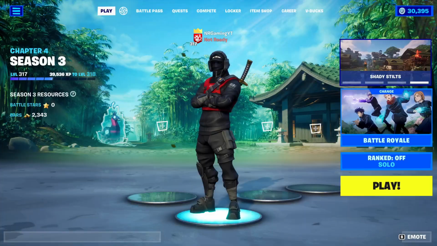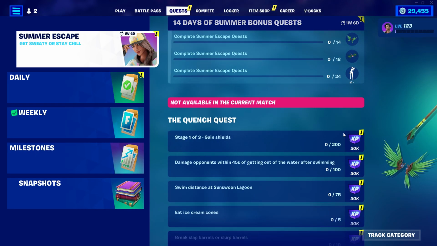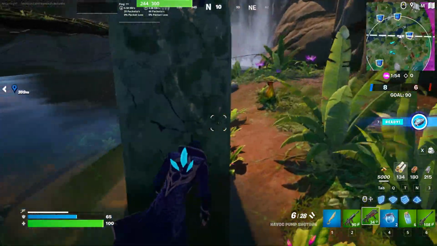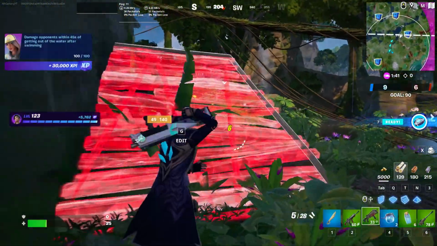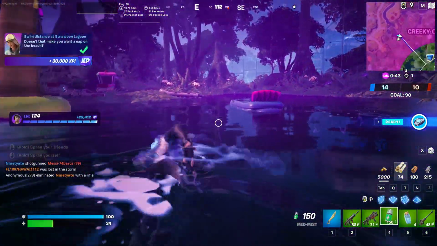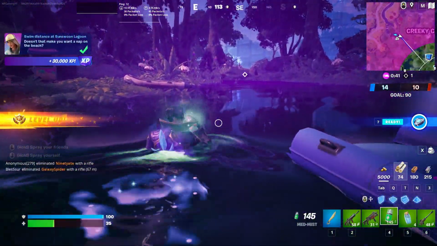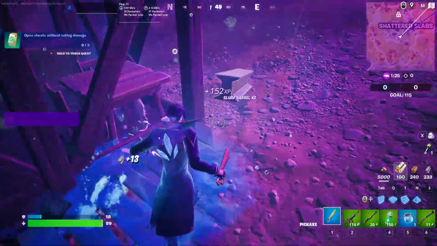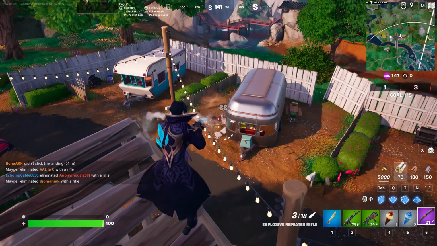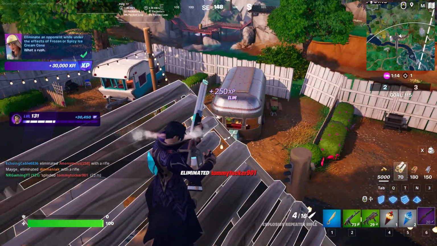We had challenges releasing gradually over the course of the 2 weeks. These were to eat ice cream cones, damage opponents within 4 to 5 seconds of getting out of the water after swimming, gain shields, swim distance at Sunswoon Lagoon, which was like the small summer POI they added, break slap barrels or slurp barrels, collect an apple, banana, and coconut, eliminate an opponent while under the effects of frozen or